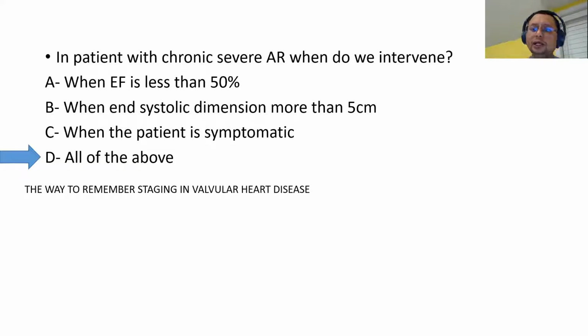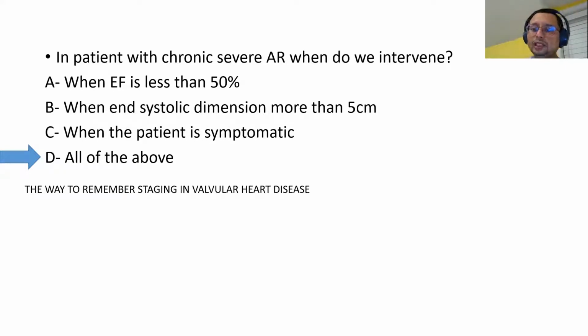Now, in valvular heart disease, as in heart failure, we have started to stage, in the American Heart Association and American College of Cardiology, the staging in valvular heart disease. So we have stage A, stage B, stage C, and stage D. So how do we understand this staging? Stage A is someone that is at risk of valvular heart disease. For example, if you live in Borneo, an area that is endemic for rheumatic heart fever, maybe they can call you stage A. Or you are an old patient with a lot of atherosclerosis, which is also a risk factor for aortic stenosis, so that is stage A.